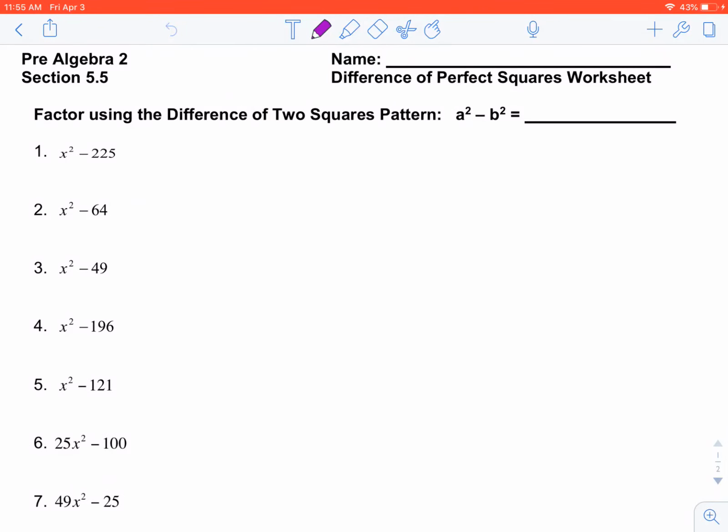So I wanted to begin the worksheet with you. That is your homework. This is posted to Google Classroom, and it's titled Difference of Perfect Squares Worksheet. You can do two things. You could just write this on a separate piece of paper. Actually, you could do three things. You can write the problems on a separate piece of paper, take a picture, and then attach it directly to